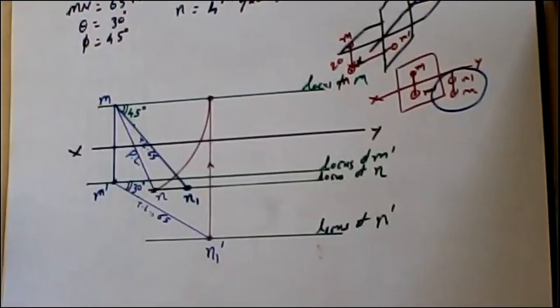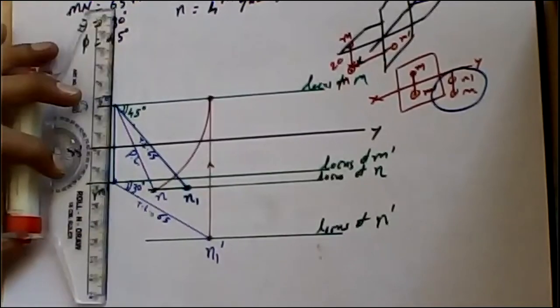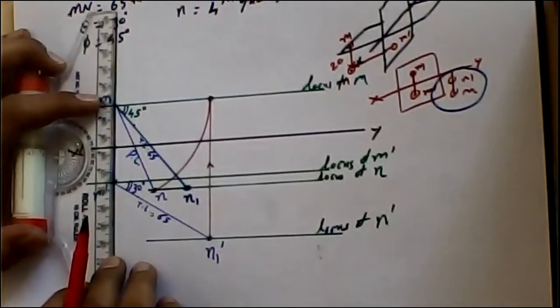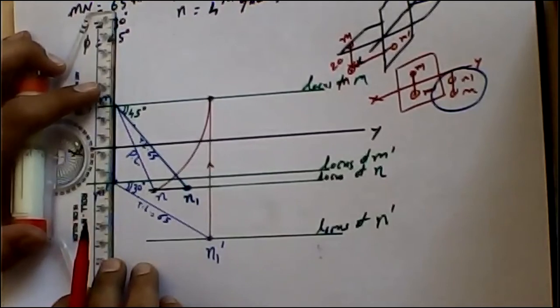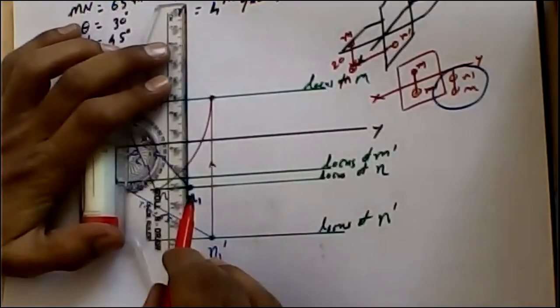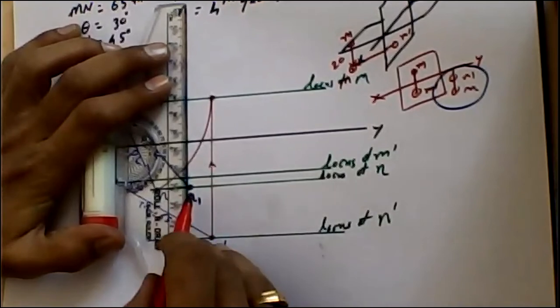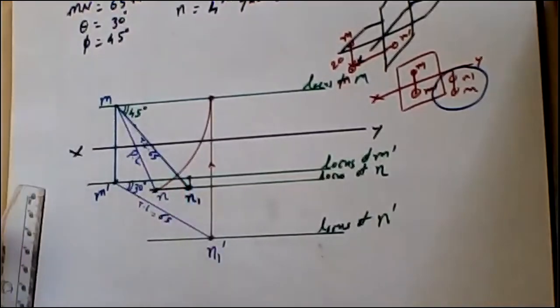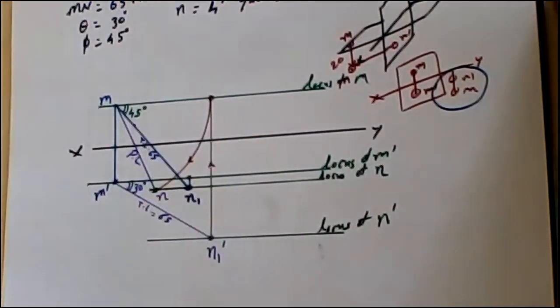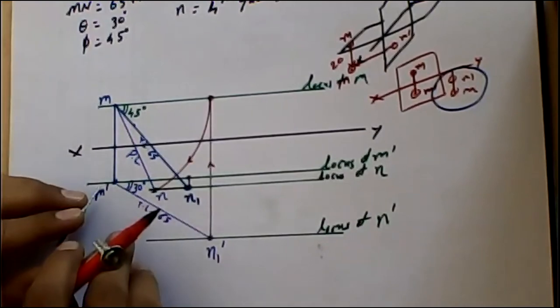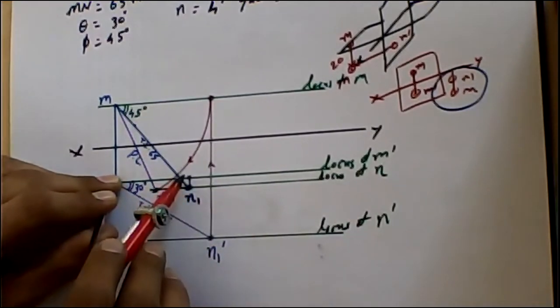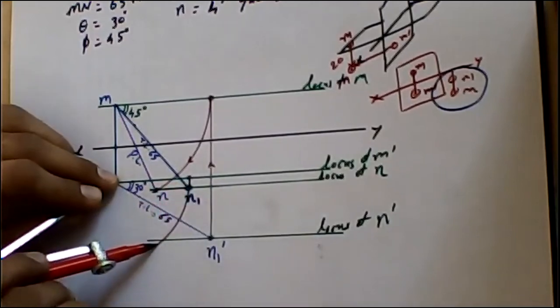You can measure that plan length. Now let us move ahead and draft the elevation length. From where should we start? We should start with N. So from N in plan, we should draft it up to M in elevation. So up to M in elevation, we are going to have the projection transferred to the line. Now we need to make an arc. Where will the arc go? From M in elevation to N in elevation. So from here we need to draft, from here to here we will put the arc.